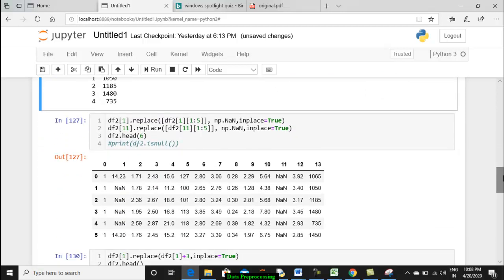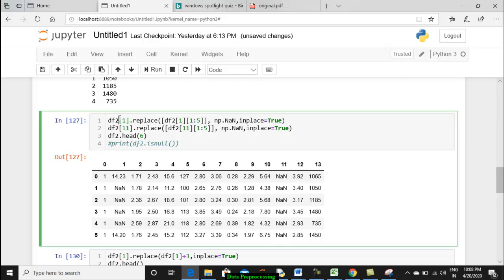Once the data frame is created, the next pre-processing activity we are going to do is to check whether there is any missing value in the data set. Unfortunately, there are no missing values in this data set, and hence I am going to impute some missing values of my own. How to do that? These are some of the functionalities which you can experience.